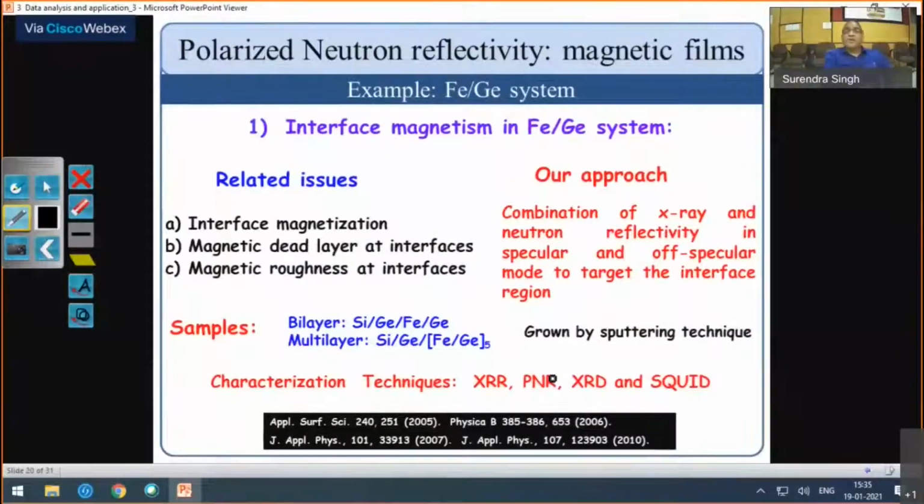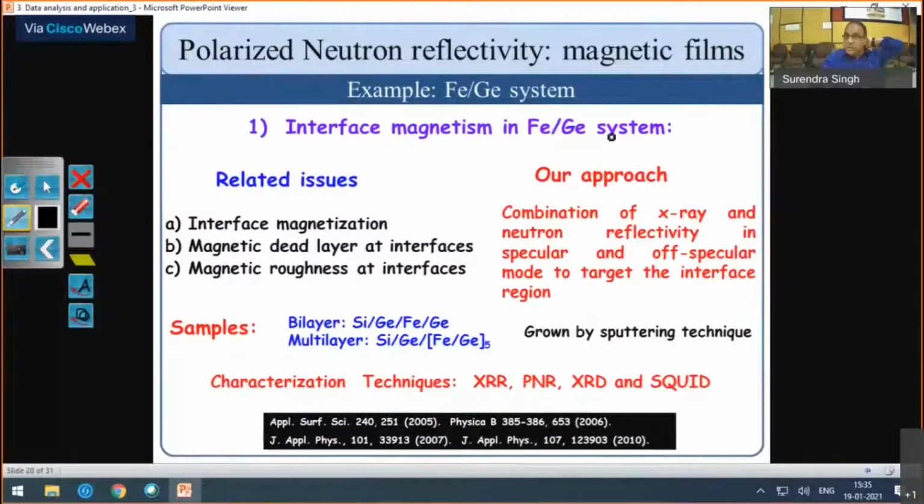So now we'll take the polarized neutron reflectivity from magnetic films, and I will explain here two or three examples. First example, I will take the iron germanium system. Iron is ferromagnetic, germanium is a semiconductor, and it has a lot of applications. People were thinking of making a spintronic system like this, where you control the spin dependent